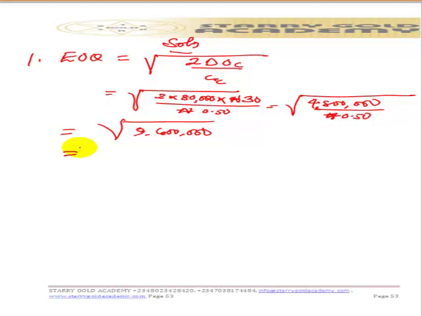So if we're going to find the square root of 9,600,000, let's use our calculator. The square root of 9,600,000 gives us 3,098 approximately, just to approximate. So if we're going to find the total annual relevant cost,